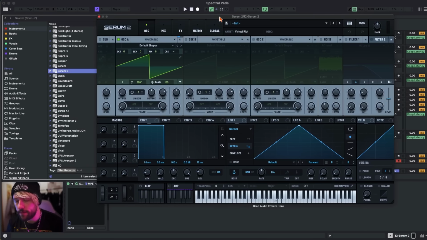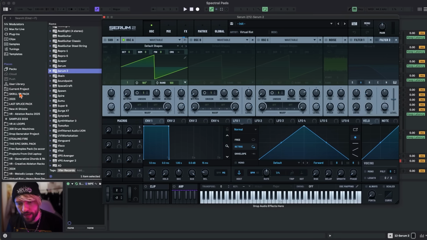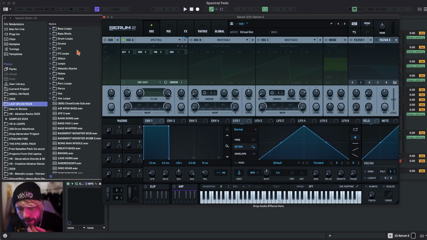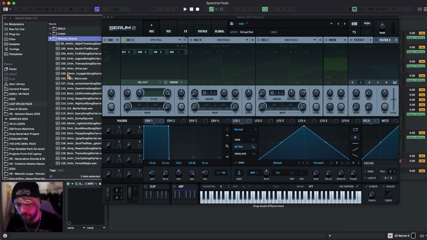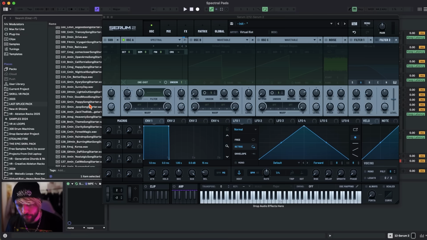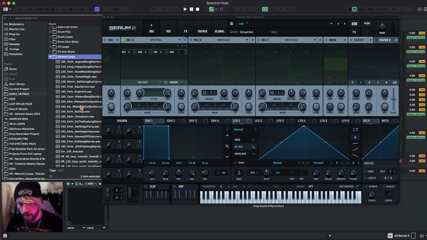So this is really easy to do, and if you have a big sample library like me, there are so many samples you can try this out with. The trick is to switch to the spectral oscillator and grab either a single note one-shot or some melodic loop. I'm gonna show it to you with a loop first, because it's a little more impressive. So here I've got these melodic loops that are like stacks, like song starters. I'm gonna pick this one